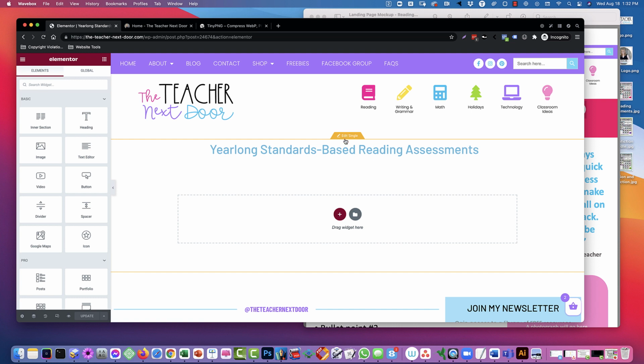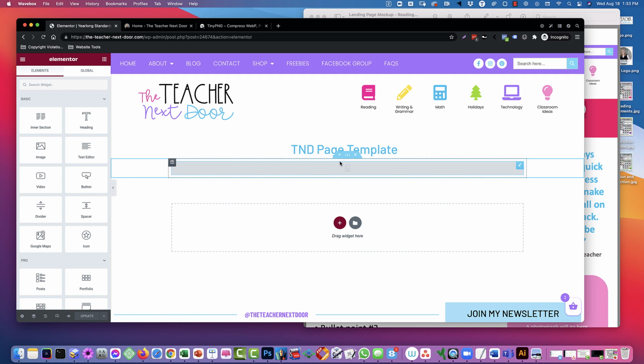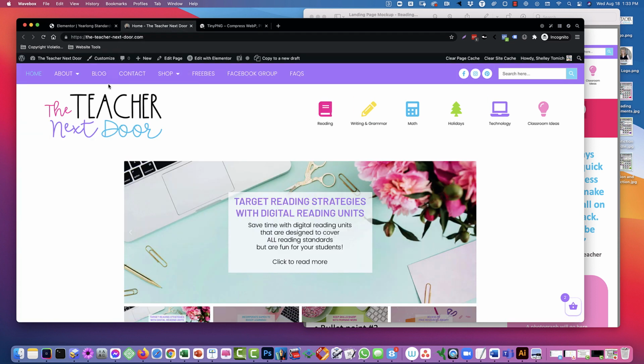So this is such a tricky thing with Elementor. If I click edit single, it's going to take me to this page template, and that's essentially saying, what do you want to show? And you'll notice this says post content. You don't want to edit this. This is not where you want to be, because what happens is, let me go and show you a